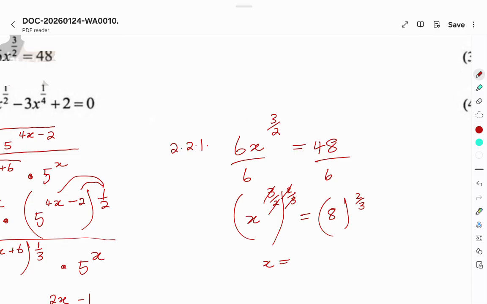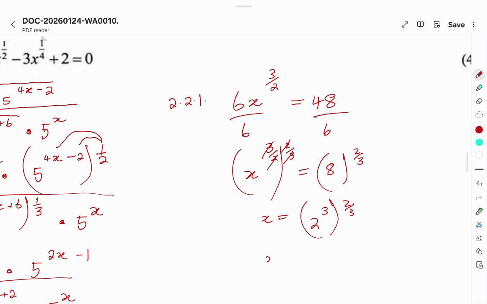Then you know that the 8 is the same as 2 to the power of 3, all raised to 2 over 3. Okay, then at the end you see that the 3 and the 3 will cancel, we will remain with 2 to the power of 2, and that is going to be equal to 4. Okay,